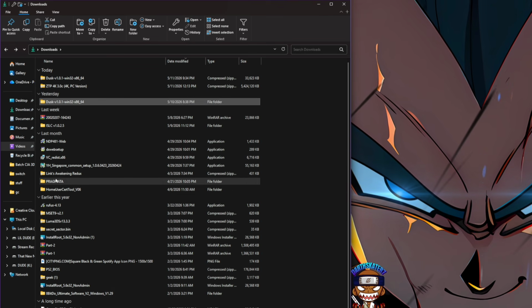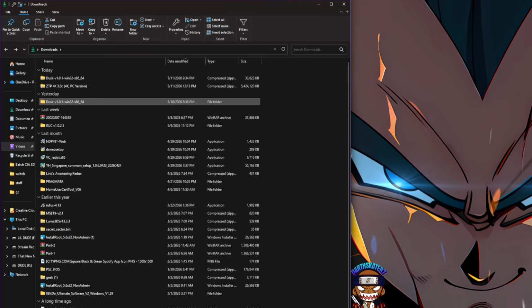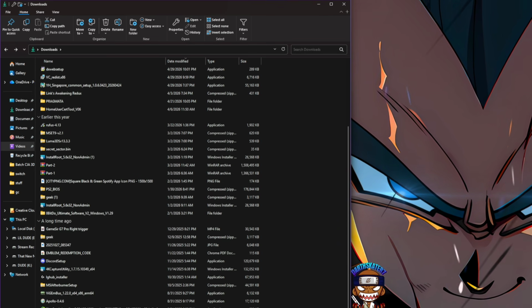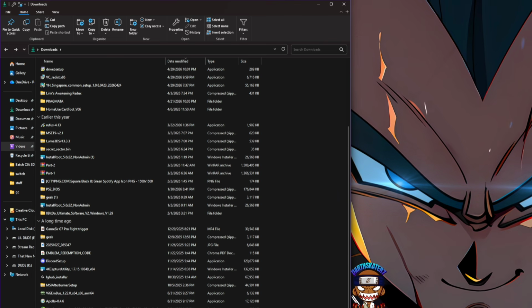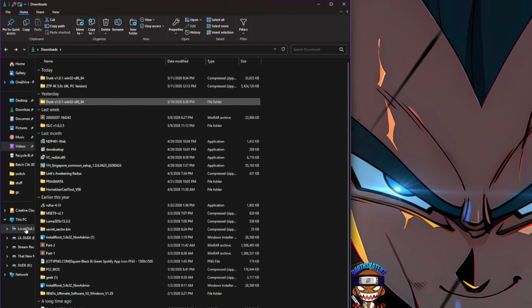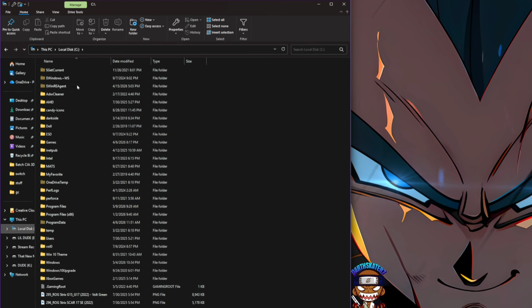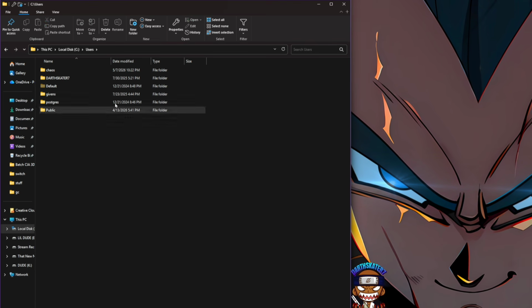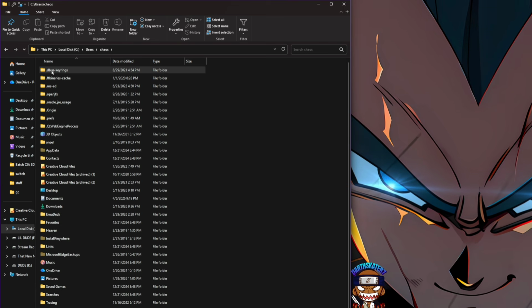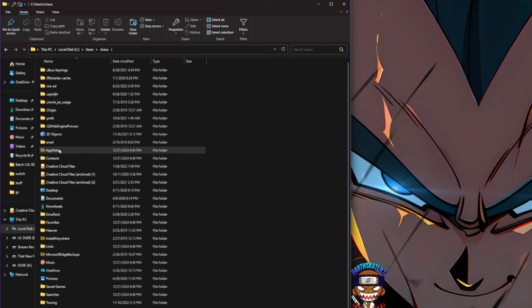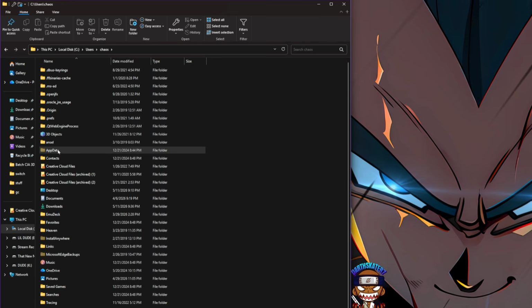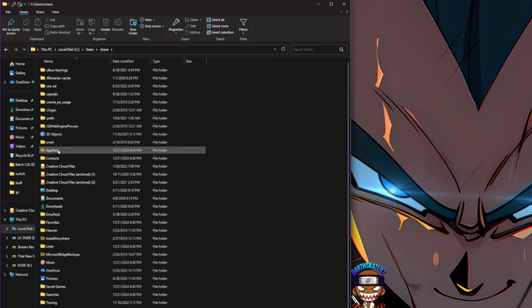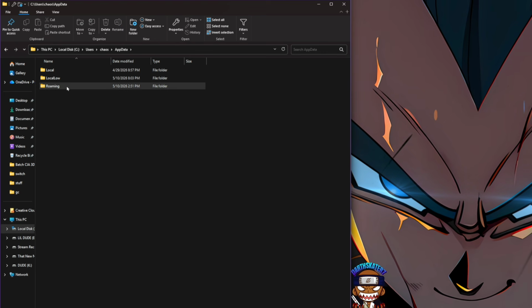Where we want to put the texture packs, though, is you're going to take that folder that you got, GZ2, can't talk tonight, and then go to your C drive, and then you're going to go to Users, whatever your name is on your computer, click it, and then go to AppData. Now it may be a hidden folder, so you may want to unhide folders. Click on AppData, and then click on Roaming,